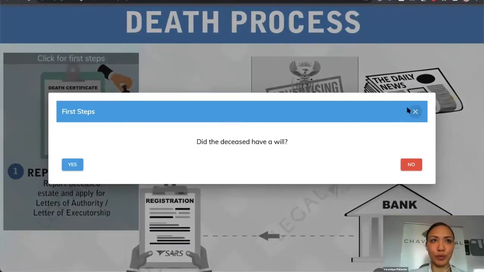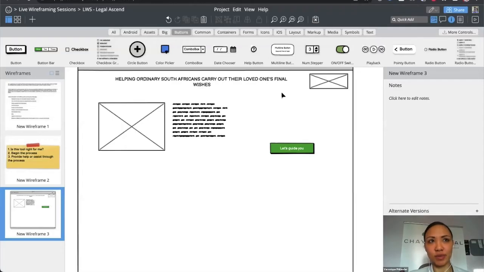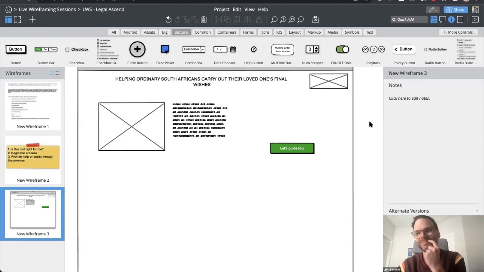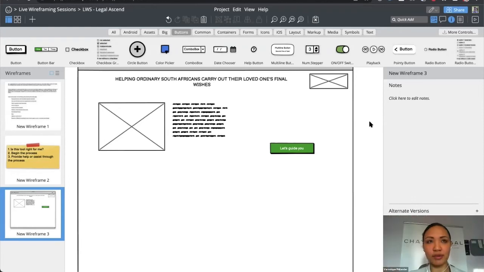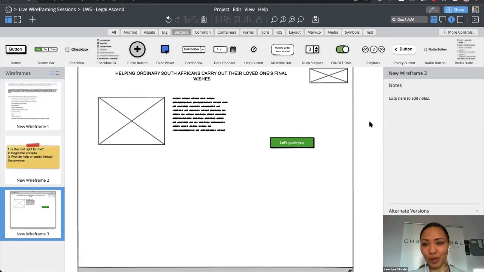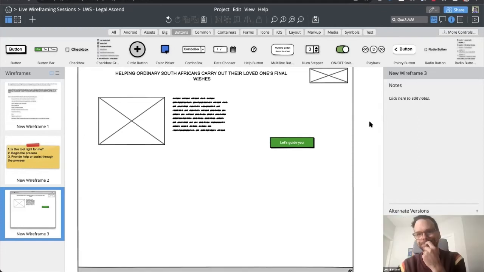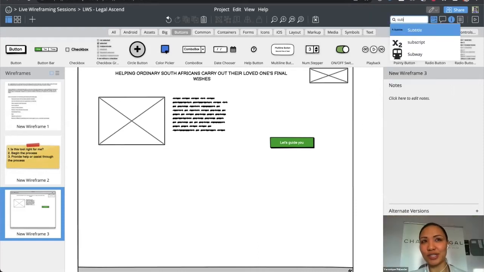Yeah, depending on who it is, let's assume it's the surviving spouse. So it could be the wife or the husband that's left behind. They would have information. Most of the time they would know whether the person had a will or not. And most of the time they would know the value of the estate, not necessarily to the cent.